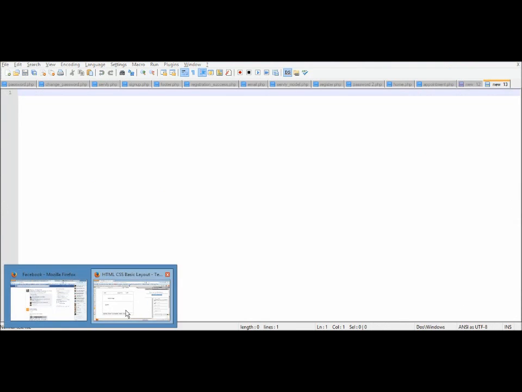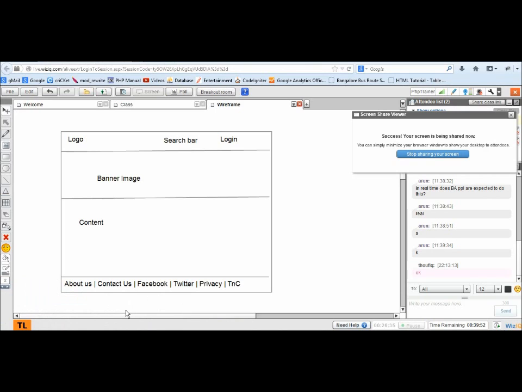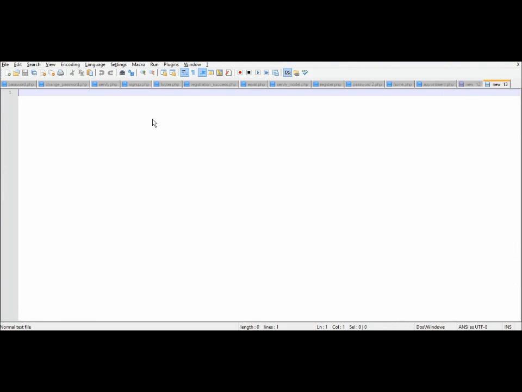One thing I did not talk about until now is the external style sheet, and after this basic layout I'm going to talk about external style sheets too. How do we put those external stylings into our web pages? Okay, now as usual,